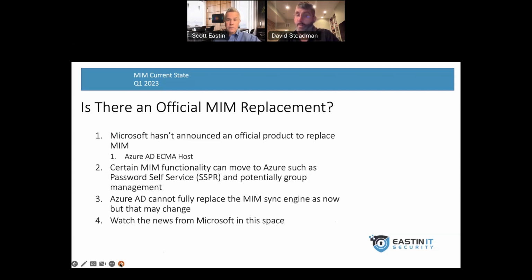And it was funny, before it released last year, I was like, I wonder whatever happened to that prototype. So lo and behold, they released it. It was Azure AD ECMA host. This is utilizing SCIM, and from there, it actually talks to the ECMA host, which is the MIM connector,